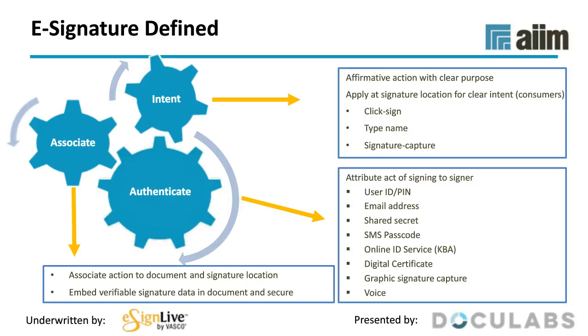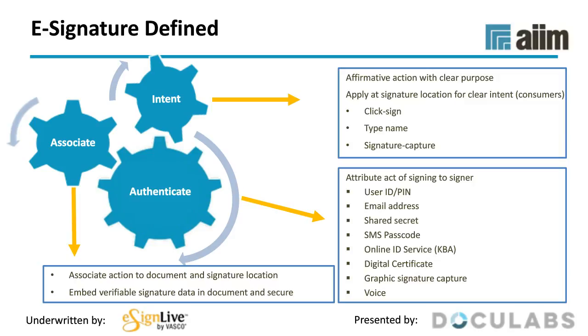Again, lots of options here. So you can use email authentication. We can also send a unique code by text to achieve what we call two-factor authentication, or even knowledge-based authentication by answering very specific questions that only the signer would know the answers to. And lastly, in the definition, we have logically associated. So this means that the intent needs to be associated to the authentication. We do this through digital signatures and by embedding the signature information in the e-signed record.